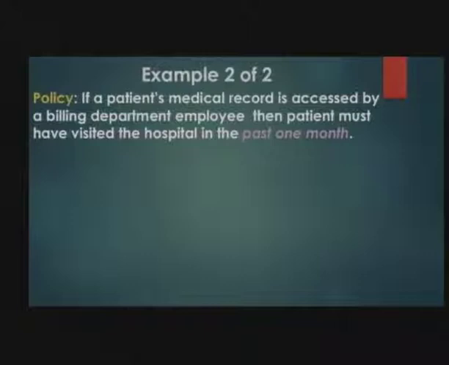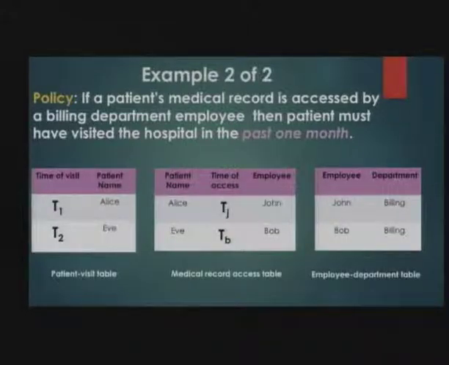The second example says that if a patient's medical record is accessed by a billing department employee, it means that a patient might have visited the facilities in the past one month. That's basically what it says. In this case, we'll have these relevant tables in the audit log, where one table would keep the patient visit